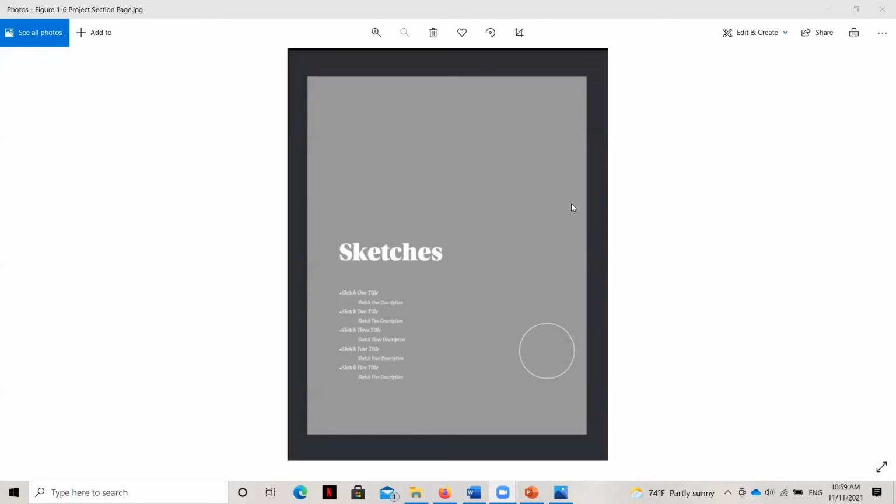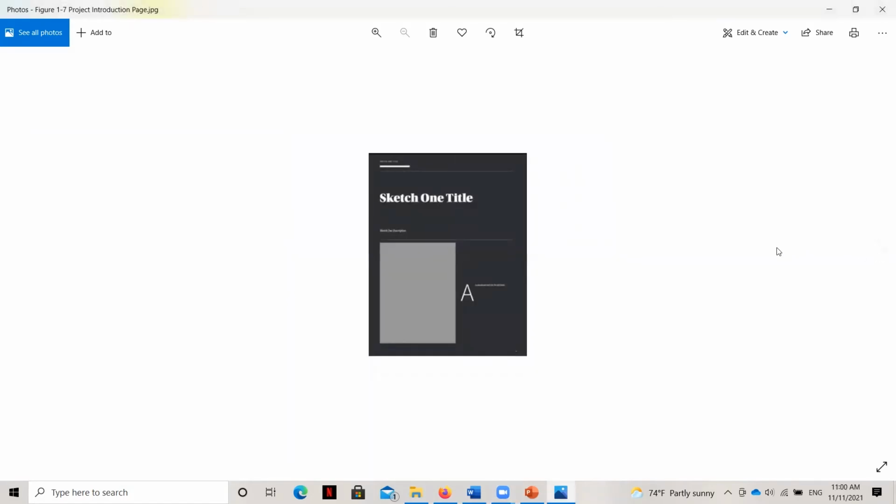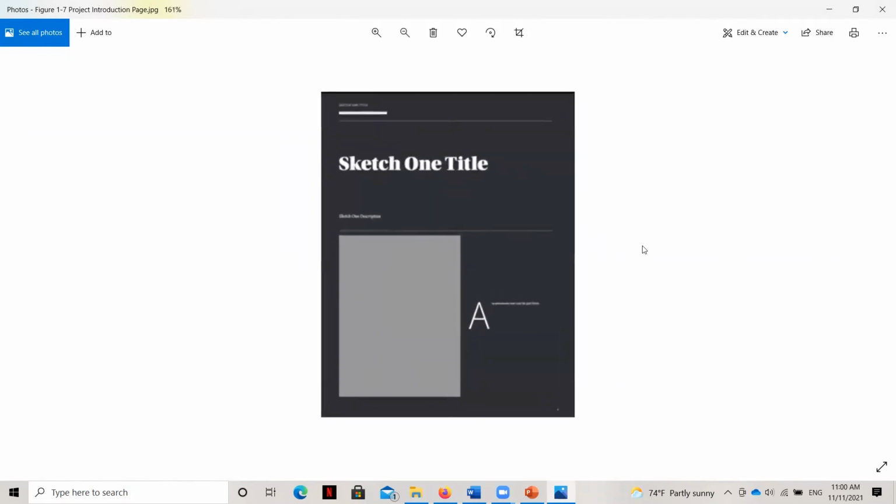You can see these are the pages from my InDesign template that I selected earlier in the course. When I looked at things and decided this is the template that would work for me, these are some of the pages that I think would work well. And so I've saved these, and this is what I'm starting to think about as I'm creating those pages within my portfolio. Okay, so we've got that one.